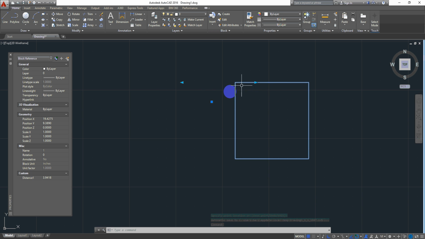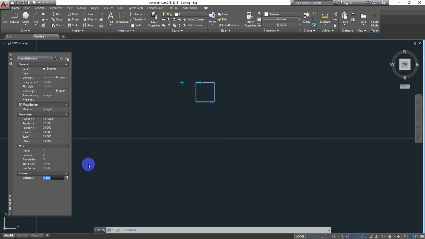So if you select this block and go to the properties and check this distance 1, that is the parameter we have put there, the linear parameter, and the value right now is 3.9. So let me make it 1 again, and you can see it has been scaled down to the original position,